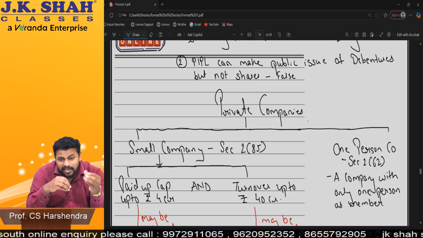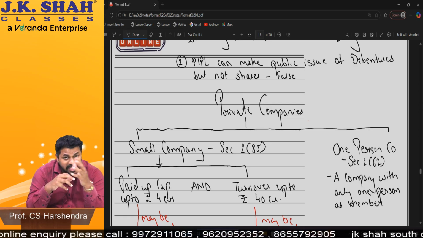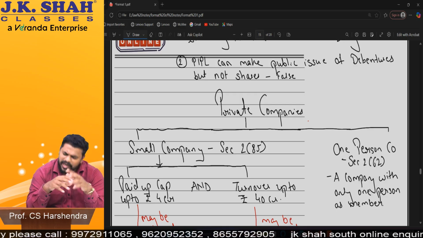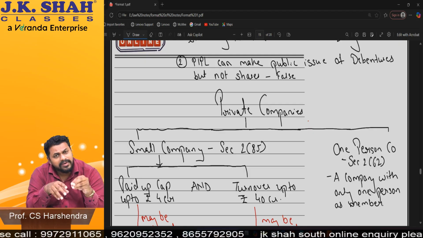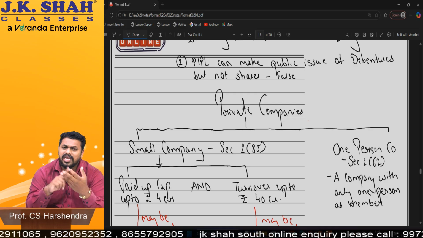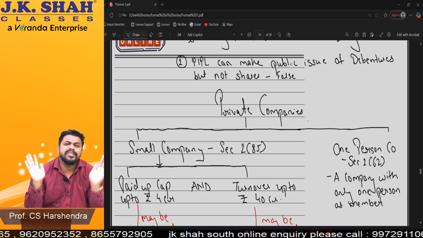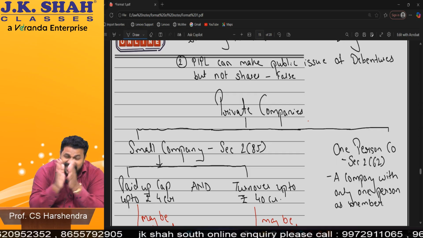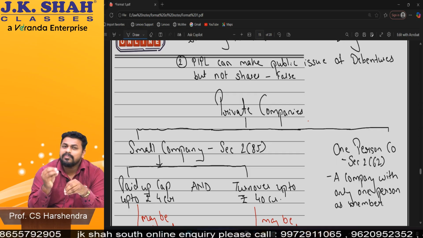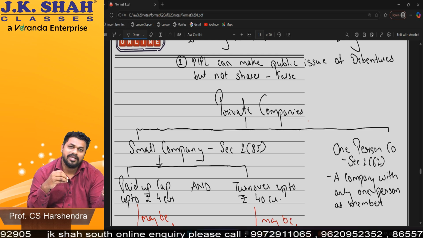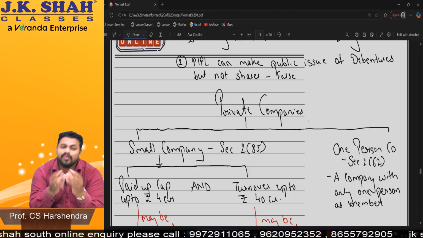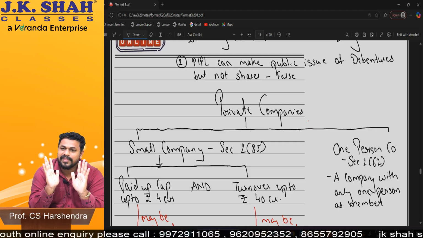It is a company under Companies Act. And in company, beta, we know corporate personality, separate legal identity. So it is a company under Companies Act, a type of private company, and that's the reason all the features of company, limited liability, perpetual succession, can sue, be sued, every feature will be there. Except only one change. In a normal private company, minimum number of members is 2 and maximum 200. And in one person company, minimum and maximum number of member is one only. Am I clear with this thing?